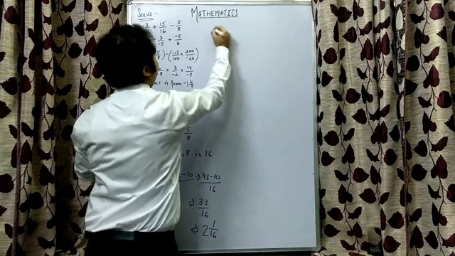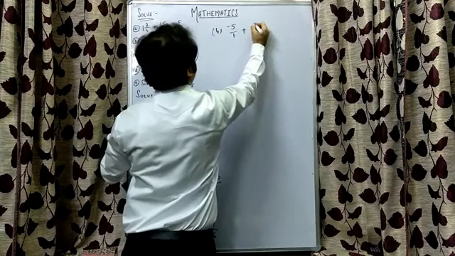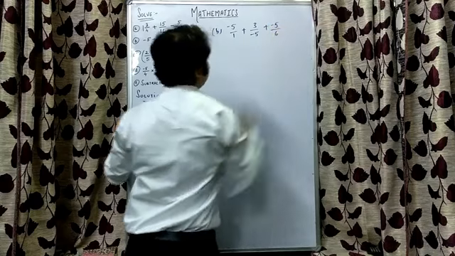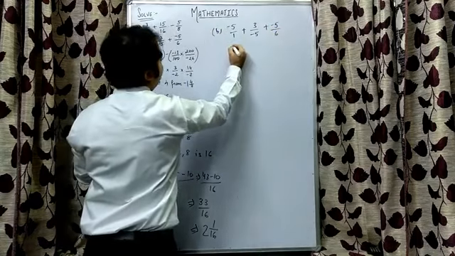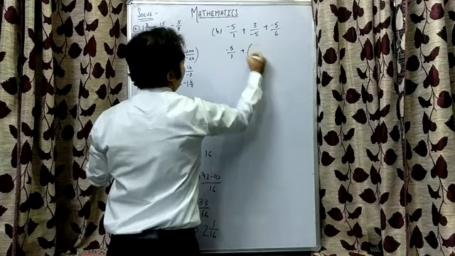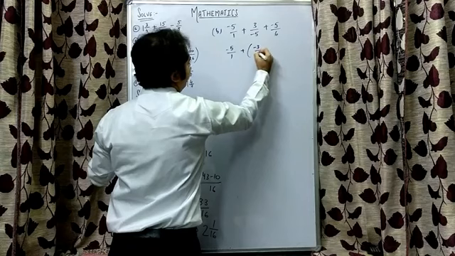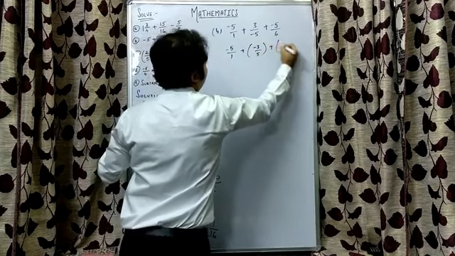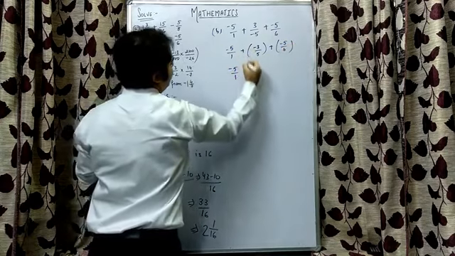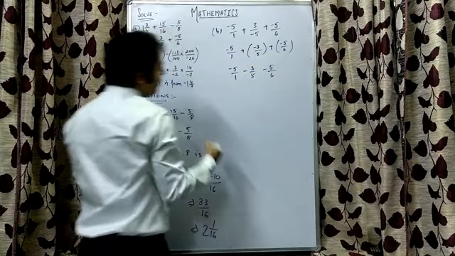Second one, that is the B1. It says minus 5 by 1 plus 3 by minus 5 plus minus 5 by 6. First term is in standard form, yes, so let it be as it is. Second term is not in standard form, so I will convert this into standard form by multiplying numerator and denominator both by minus 1. So I will get minus 3 by 5, then plus minus 5 by 6, right? Minus 5 by 1 will remain as it is, plus into minus, minus 3 by 5, plus into minus, minus 5 by 6. Now LCM